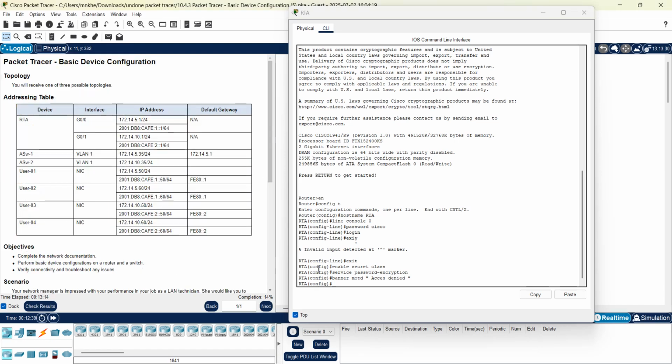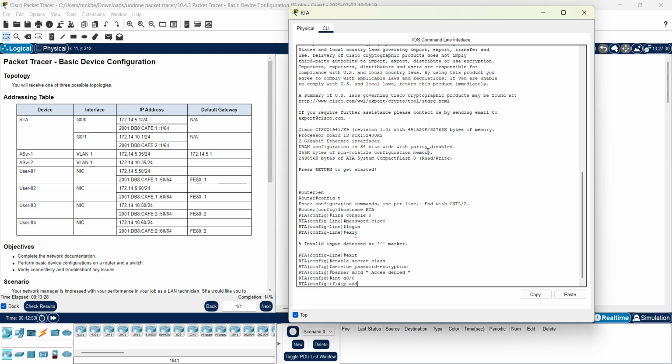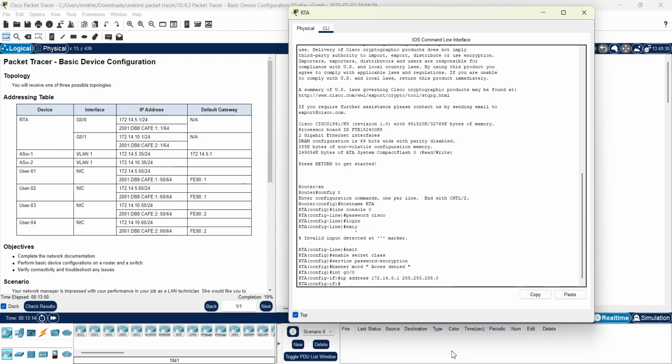So then we go back up, we have our interface IP address, and for the router we never have a default gateway. Okay, keep that in mind. So we're gonna get started with int G0/0, IP address 172.14.5.1, and remember, since we have a /24, we calculated it. Our subnet mask will be 255.255.255.0, and in this case we have an IPv6 address, so write IPv6